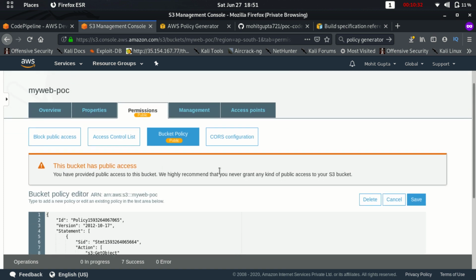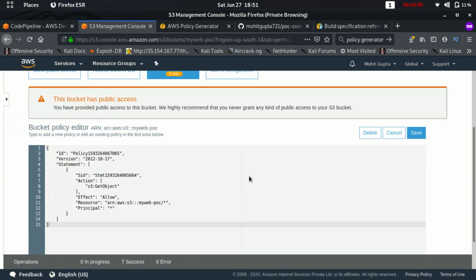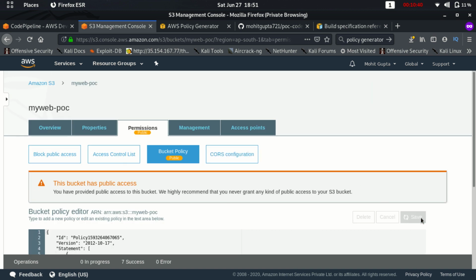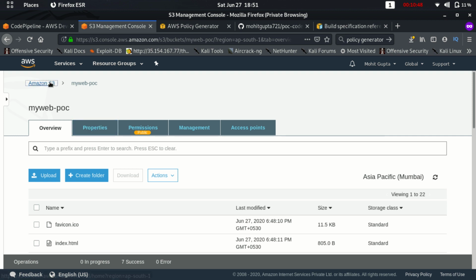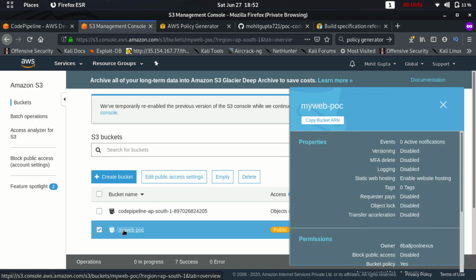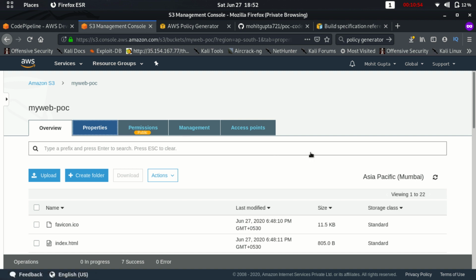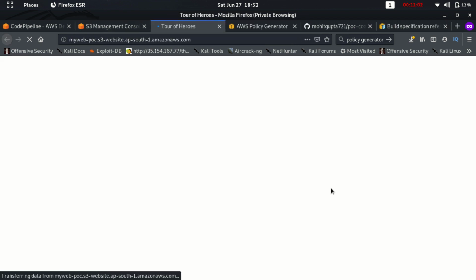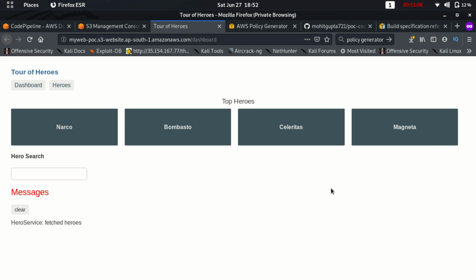It will prompt that this bucket has public access. Yes, we are giving it public access to get the objects. Now just save this. So policy has been saved. So let's go to the static website hosting section and try to access this URL again, and here we go. As you can see, I have successfully hosted my Angular website on S3 bucket, and we have deployed the